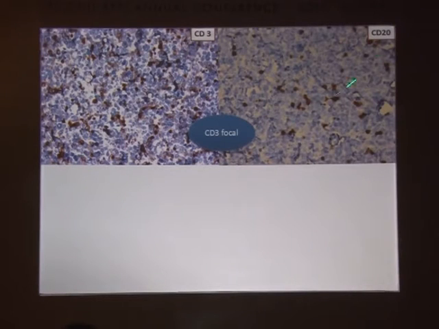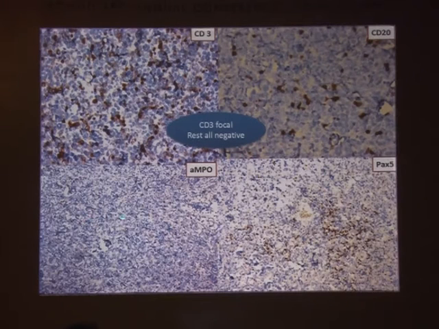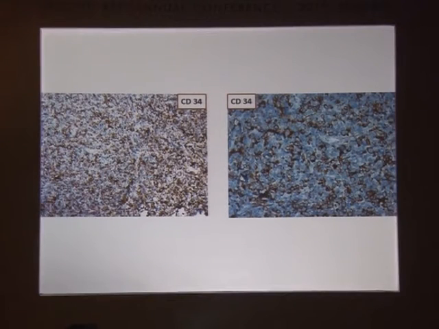We did the stains. CD20 was negative, very few cells, and CD3 was mostly negative, but slightly more than CD20. MPO was negative and PAX5 was negative. So based on T, B, and myeloid markers and another B marker, everything was negative. T was slightly more, but it looked maybe reactive, or we were not sure. We did more stains, and CD34 was positive. It's a blastic marker, so CD34 was positive.